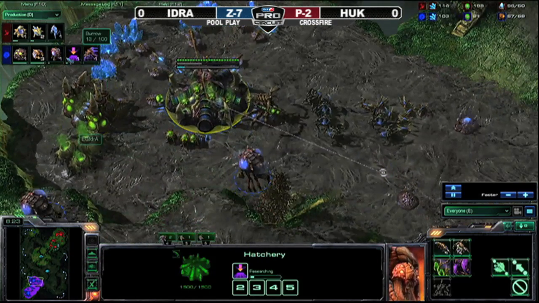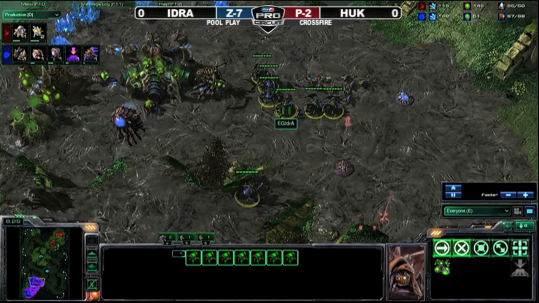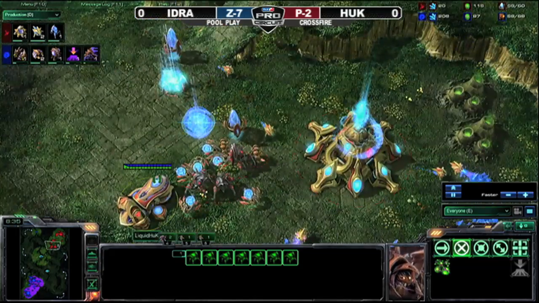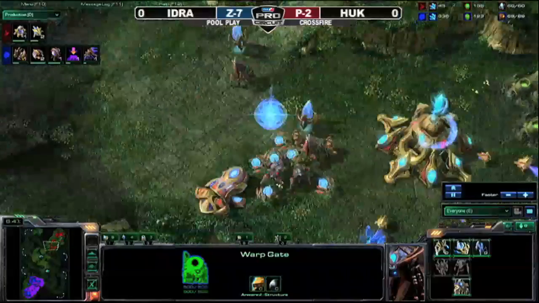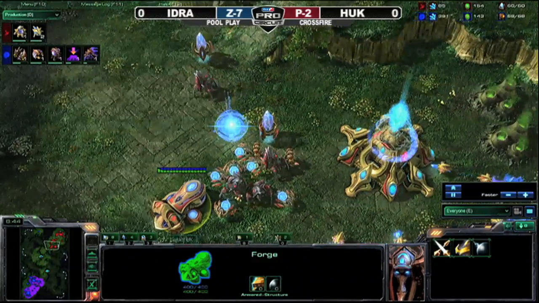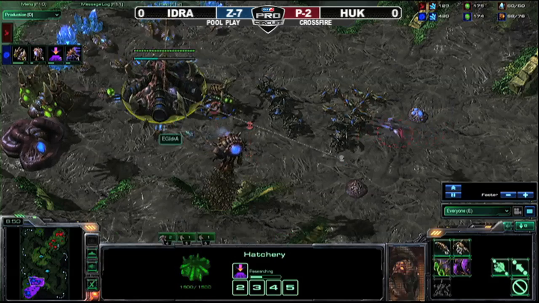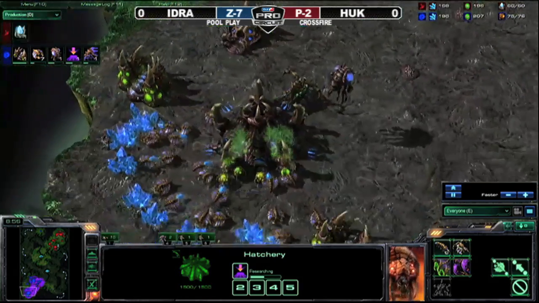We've got our initial roaches coming out right now, and again, following along the same tech pattern that we've seen Idra do all tournament, going with Burrow and tunneling claws. Now, depending on the situation, we've also seen roach speed come out before the tunneling claws, but he saw that there was no robotics facility inside Huk's base, so instantly tunneling claws becomes that much of a big advantage for